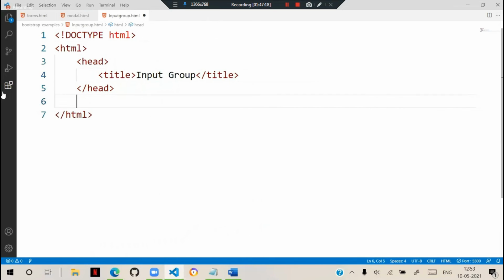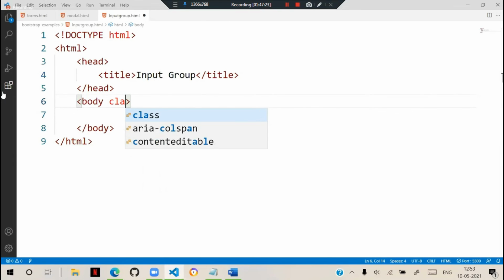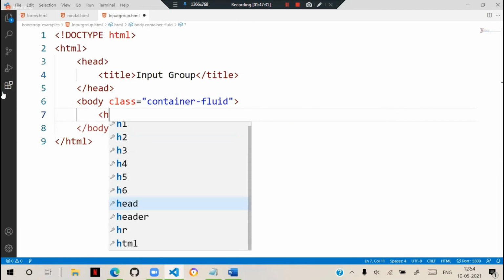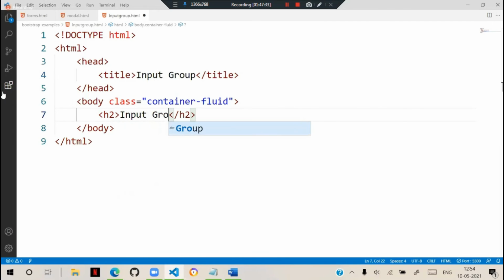And here we have the body section, and we are having the class as container fluid. And here we are defining the heading as input group. Okay, and here we keep a div.